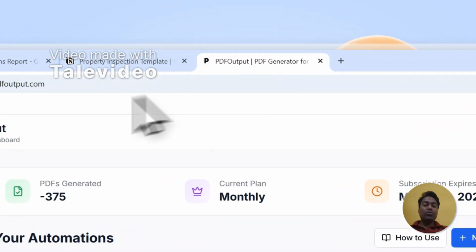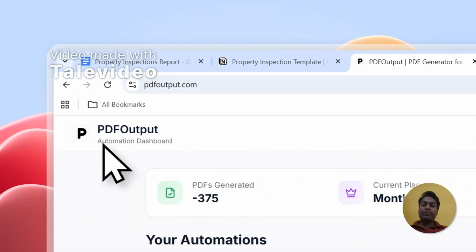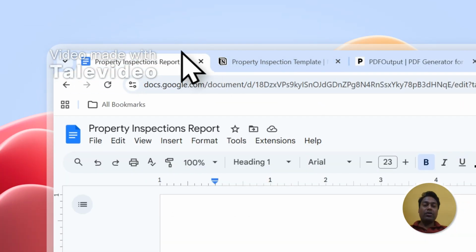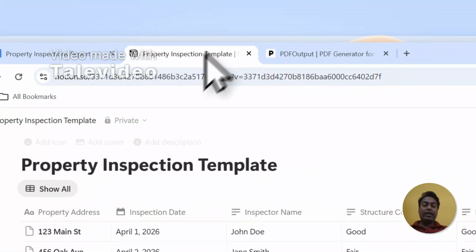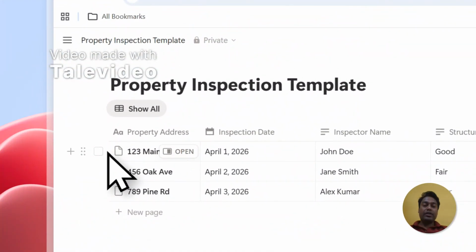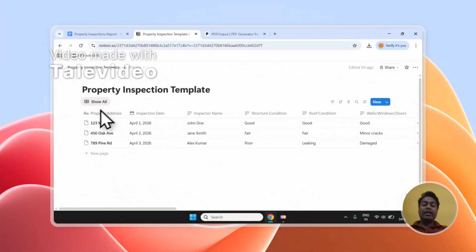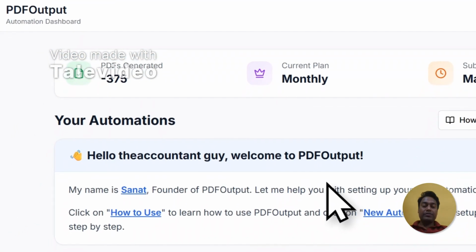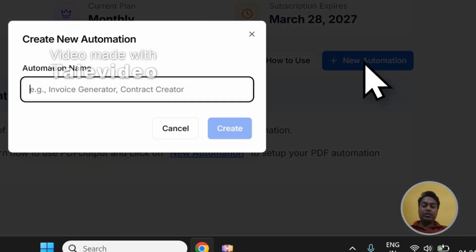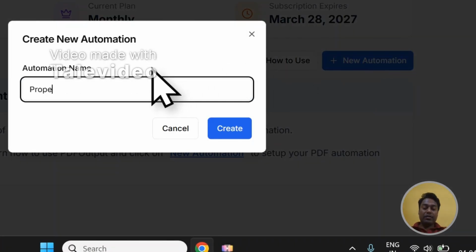For this, we'll be using a tool known as PDF Output. PDF Output simply requires a Google document as a template file and a Notion database which can be used to connect to the document, and it will automatically generate the PDF within the database itself. So let us understand how this will work. Let's click on new automation and let me give it a name, property inspection,